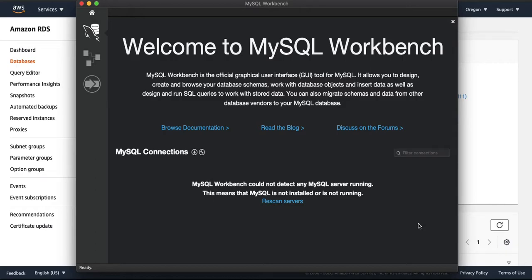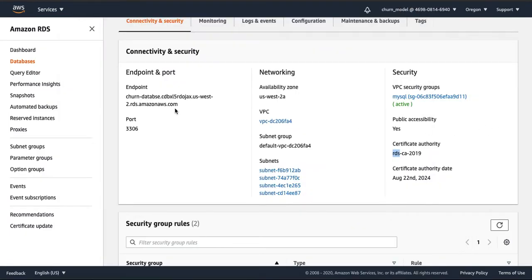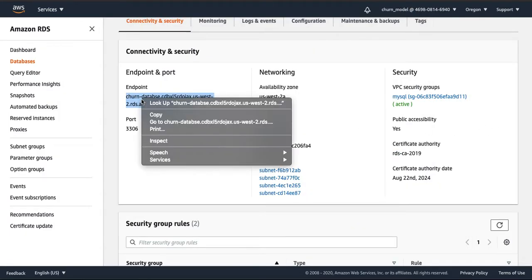If not, go ahead and do that now and pick up this video in just a few minutes after you have it installed. So here I am in MySQL Workbench, and I'm going to create a connection to our remote MySQL instance. I'm just going to call this churn database. I will spell database correctly this time. I need my host name. So I'm going to copy that bad boy